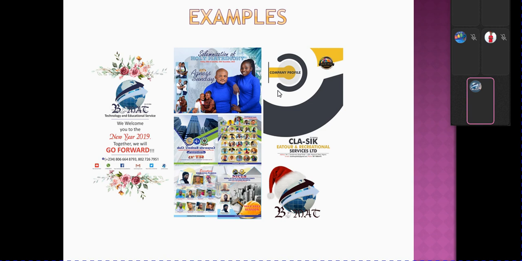So these are some examples of graphics. Looking at these graphics, they are a combination of text and object. I love to use that as a definition of graphics: a combination of manipulation of text and object. On my screen now, you'll be seeing some of the graphics I did. Some of the graphics there you can do within 10 minutes, but they look very, very okay.